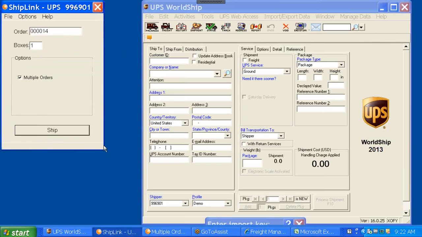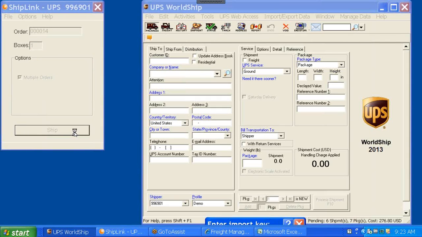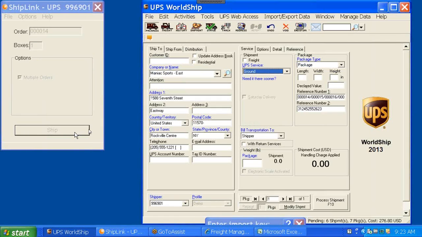When I choose OK here, it's now going to allow me to ship all those orders together. So I go ahead and choose ship. As we can see in the UPS reference fields, 14, 15, 16, and 17 are all together. I'll say it's a 25-pound shipment going to Rockwell Center, New York. And when I process the shipment,